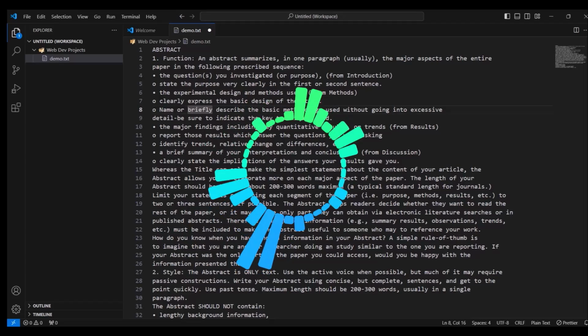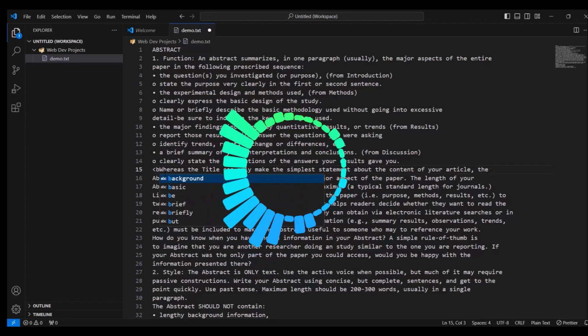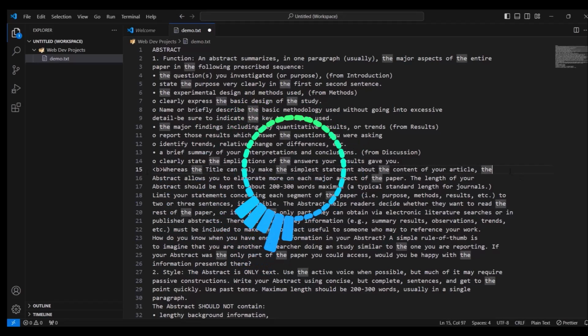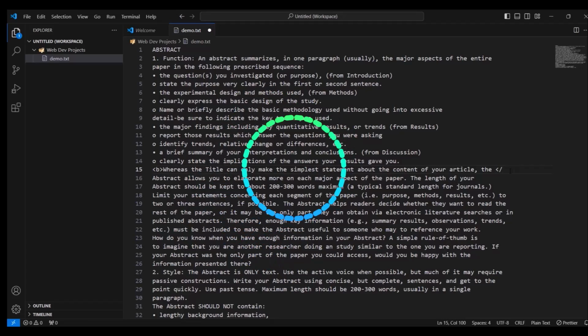So let's say that you want to make this text right here bold. In that case, you put an angle bracket, I'm going to put B, and you put another angle bracket, and I'm going to go to the end here. So we have first the opening tag and the closing tag. I'll go here and put the closing tag. Now this is not HTML, because HTML code is highlighted in a different color. This is text, but this is the general idea for creating an HTML element, bold.